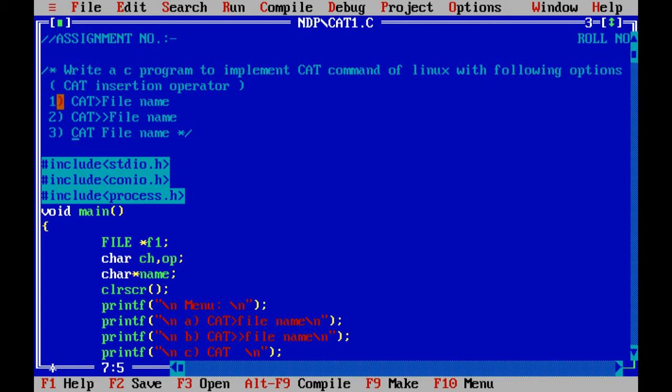We will first execute our program and implement cat insertion operator and file name. This angle bracket is known as the insertion operator. We'll then close the program execution, execute the code again for cat double insertion operator and file name, and finally go through cat space file name.